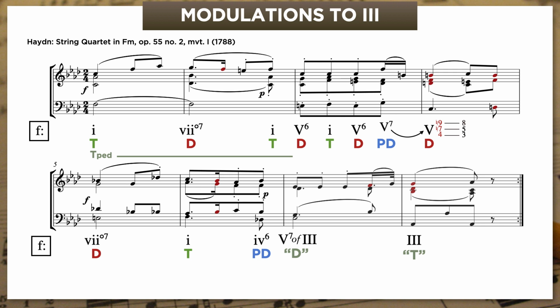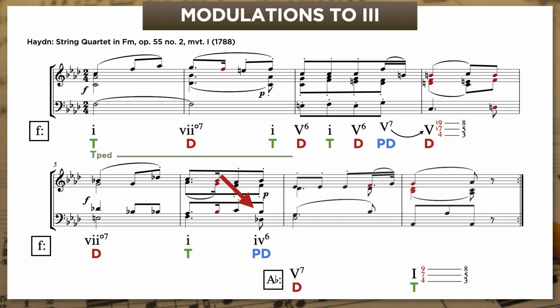But listen to the phrase as a whole, and tell me if that analysis of the ending seems right to you. This is that thing we talked about in the last video. If you're in minor and you end a phrase on 5 of 3 going to 3, you've modulated to the relative major whether you meant to or not. And if we look at it that way, there's a nice clean pivot chord at the end of bar 6.